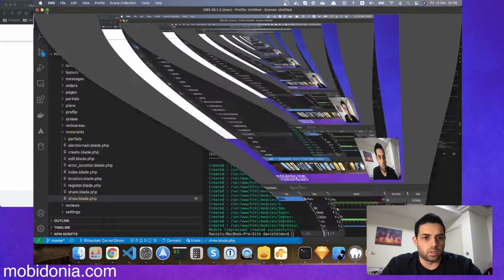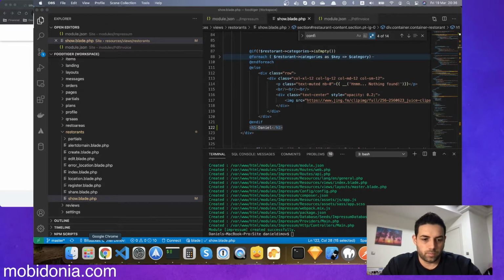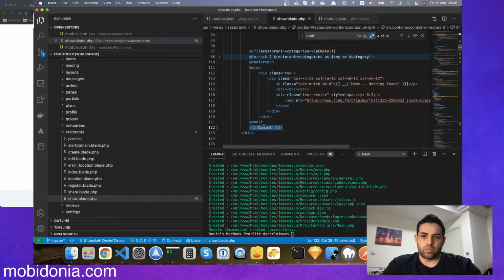Okay, so after a few seconds I found it, and yeah, it's right after the end of the loop for each of the categories, and I put one h1 there, and it appears. So the trick now is to know if the variable is set. There is code to check if the app is installed, but instead of doing that, I can check if just the value is set, and in that case I know that the restaurant has set up the